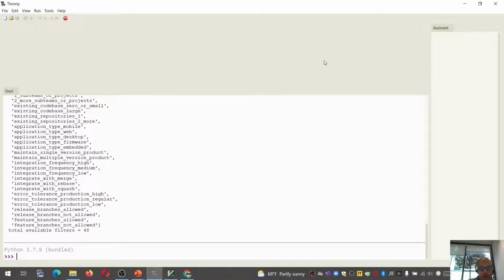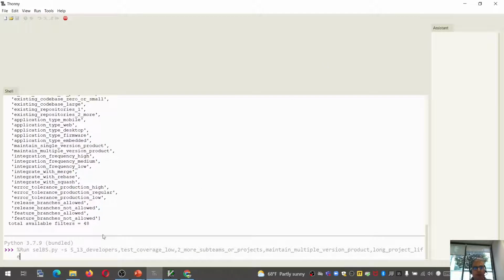So I'm going to use this example here. You see, from 5 to 13 developers, low test coverage, 2 or more teams or projects, maintain multiple versions, and a long-life project. Okay, so I'm running this,